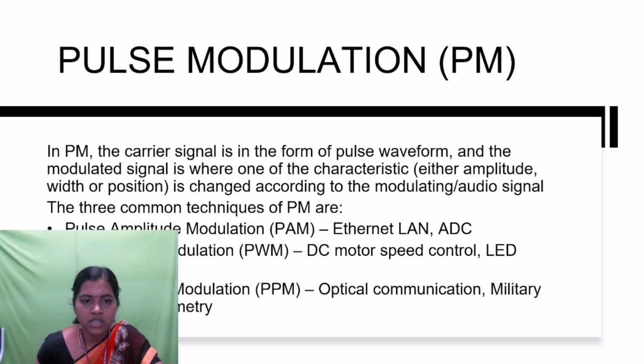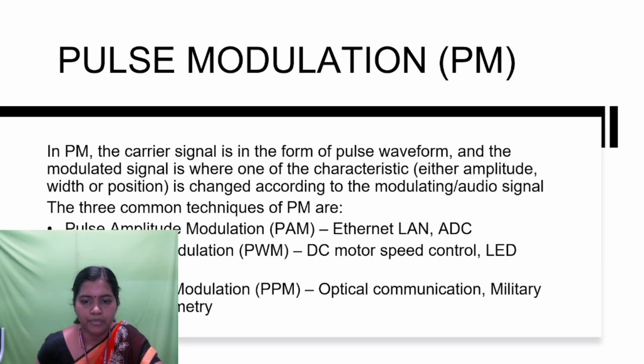In pulse modulation, the carrier signal is in the form of a pulse waveform. This is the basic concept of pulse modulation. Here the modulating signal is a very low frequency signal. The characteristics of the carrier signal, either amplitude, width or position, is changed according to the modulating signal. The three common techniques of pulse modulation are, first, pulse amplitude modulation, then pulse width modulation, then pulse